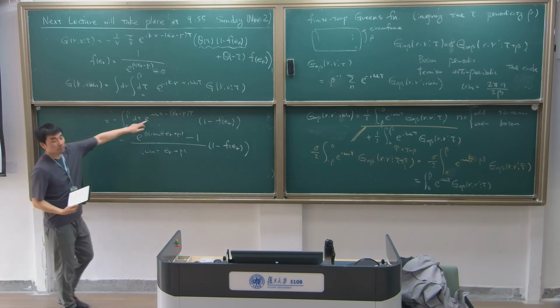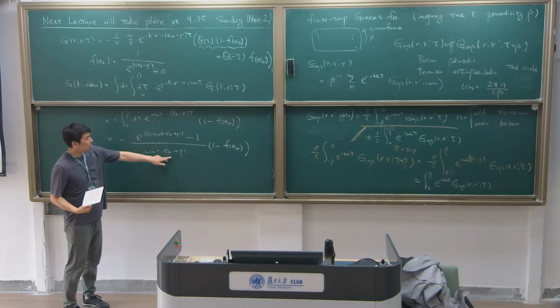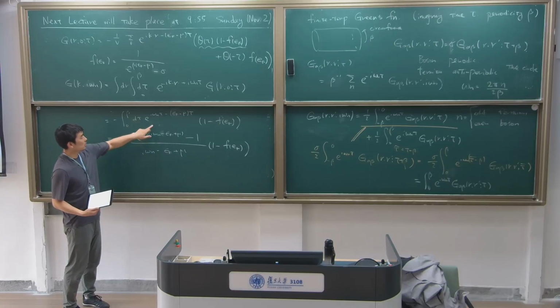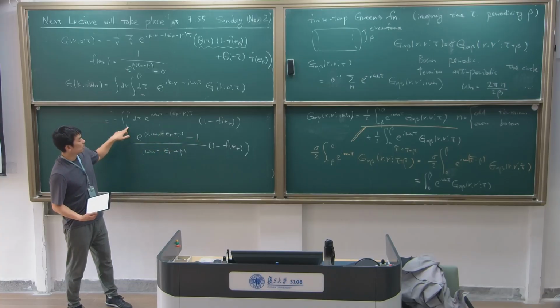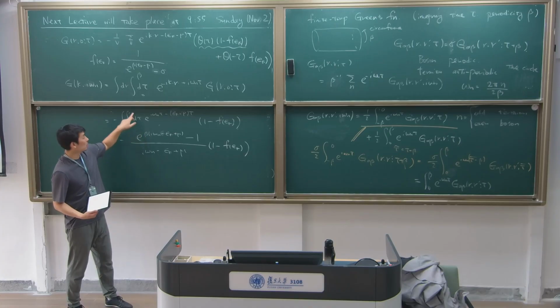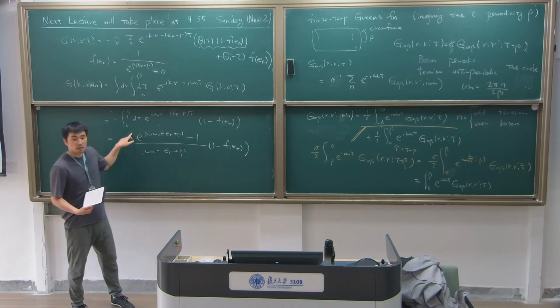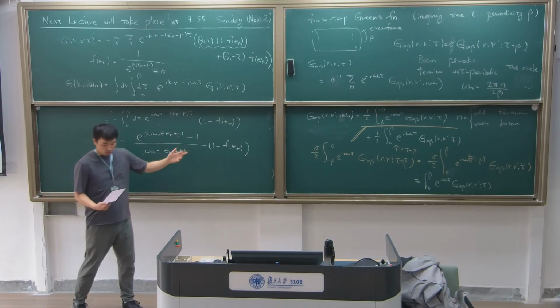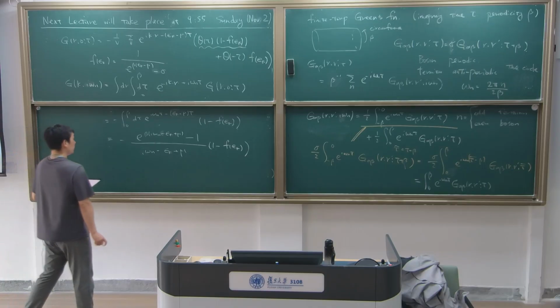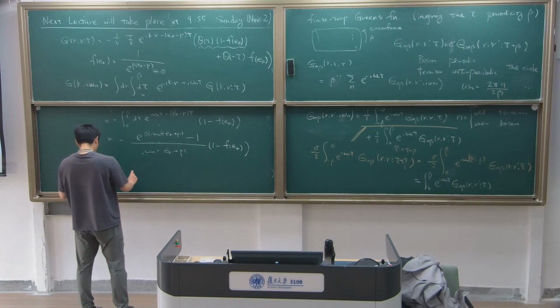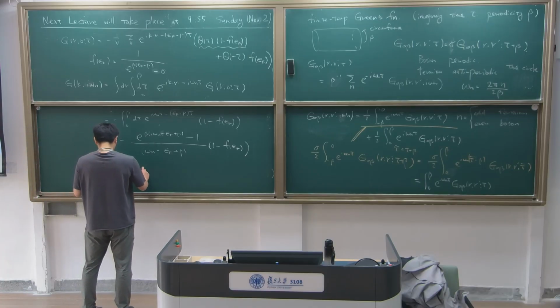So if you perform this integral, you get the denominator, and the first term comes from the upper end, and the bottom term comes from the bottom end, and just multiply one minus it. And this is simply equal to i omega n